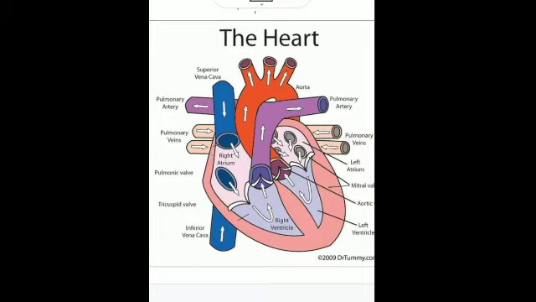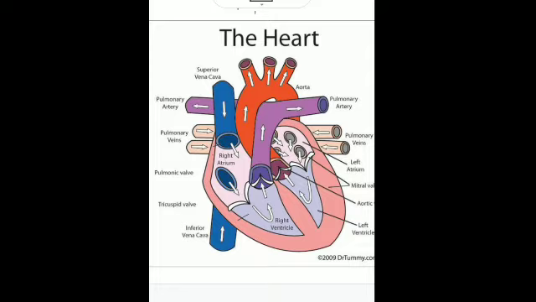So I told you that the heart is a muscular organ that pumps blood to all parts of the body through blood vessels. And what type of muscles is it made up of? It is made up of special muscles, cardiac muscle, which have the characteristic property of contracting and relaxing rhythmically without taking any rest. The size of the human heart is 12 centimeter in length and 9 centimeter in breadth, and it weighs about 300 grams.